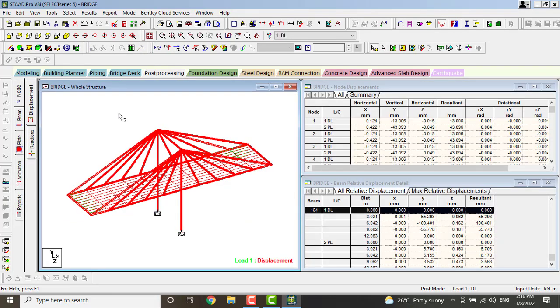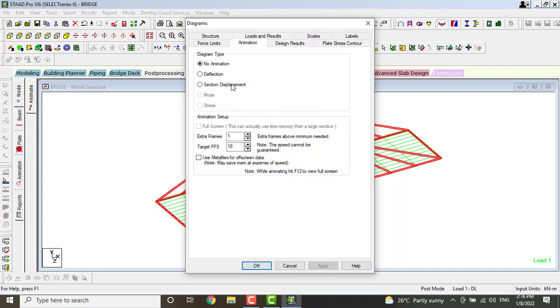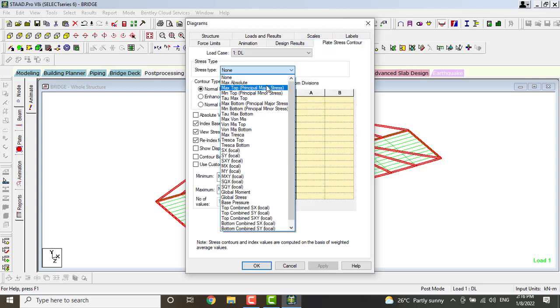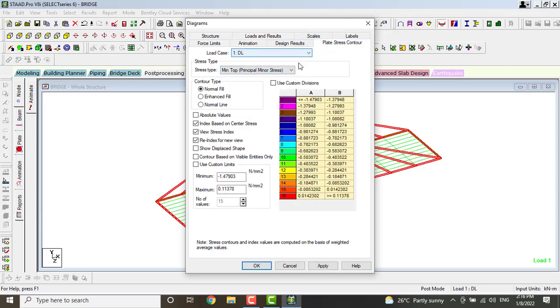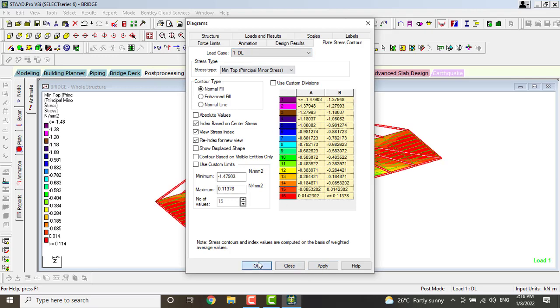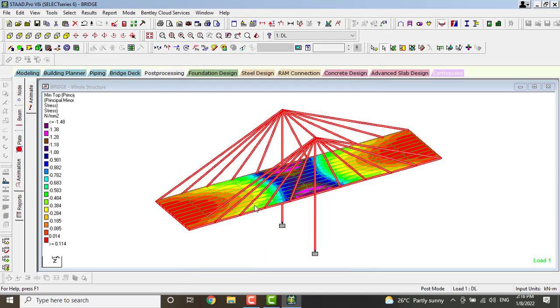First, you have to see the bending moment like animations. Go to animations. Click on apply. Okay, this is our major principal stress and strains of the bridge.